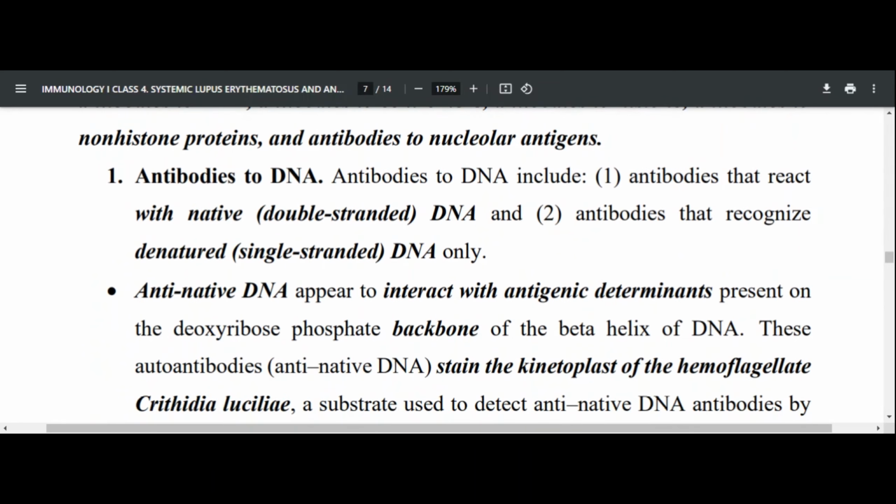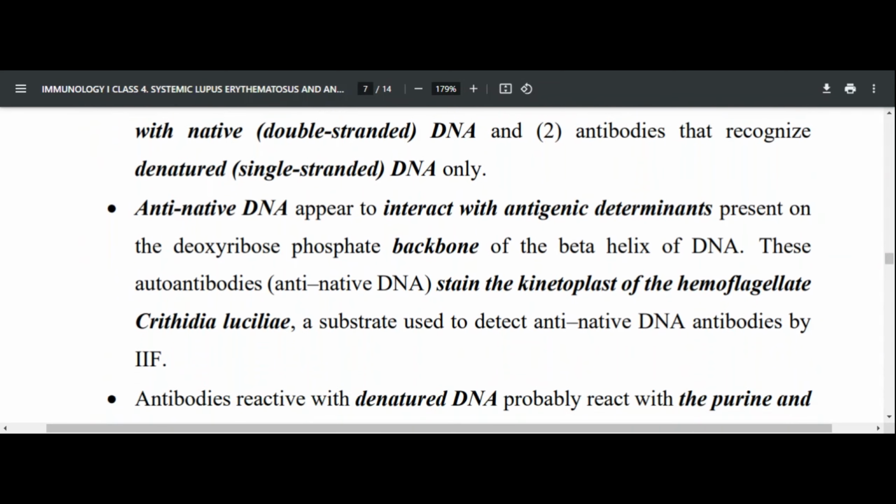So, for example, antibody against DNA, right? Those are antibodies against native DNA or antibodies against single-stranded DNA. So they can be in 2 categories. Antibody against DNA can be against double-stranded, or they can be against single-stranded. So antibodies against native DNA appear to interact with the backbone of the helical DNA, right? And those antibodies against double-stranded DNA,